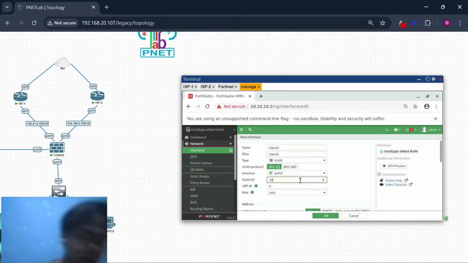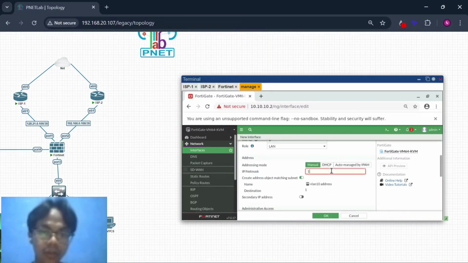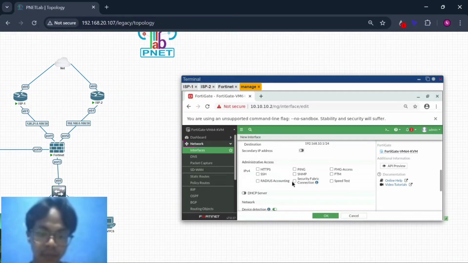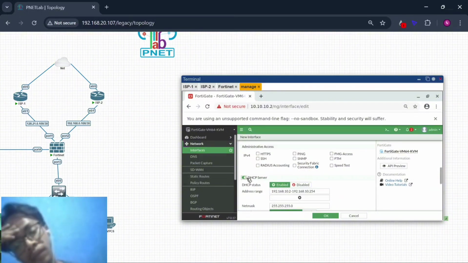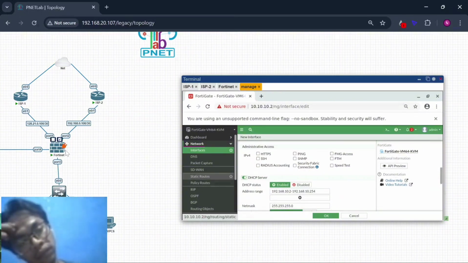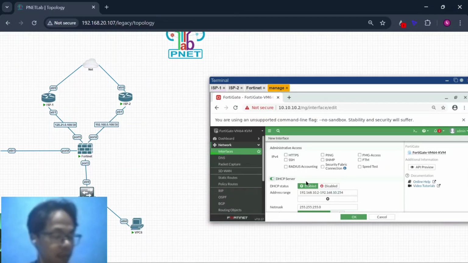VLAN ID 10, role LAN, and for IP I use 192.168.10.1/24. Don't forget to enable the DHCP server because this Fortinet acts as the DHCP server for end devices. So this VPC in this site gets its IP via DHCP from the FortiGate device.